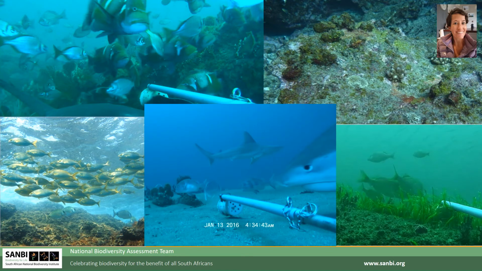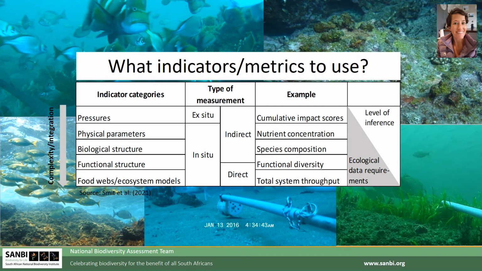We need observational, in situ, and model data from our oceans to measure and map ecosystem condition and to better understand where we have healthy functioning ecosystems or where they are becoming degraded. However, we are still trying to figure out how to measure ecosystem condition. What indicators can we use? And we need to use these indicators to determine what it actually means to be in good ecological condition. Here is an example of some of the indicators and metrics that can be used to measure ecosystem condition.